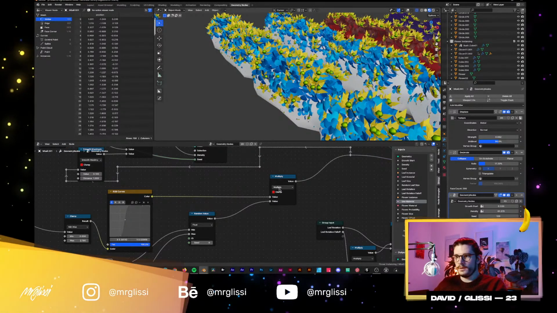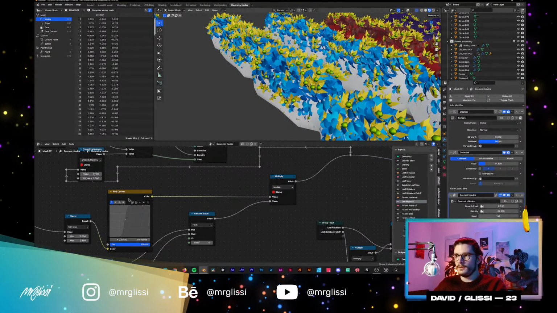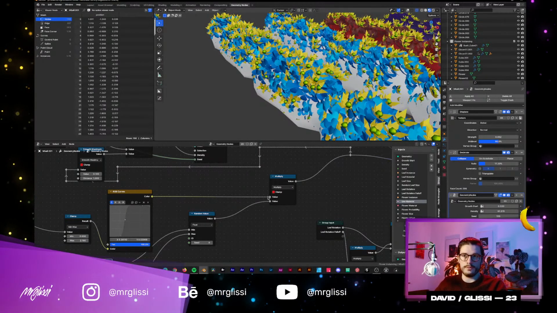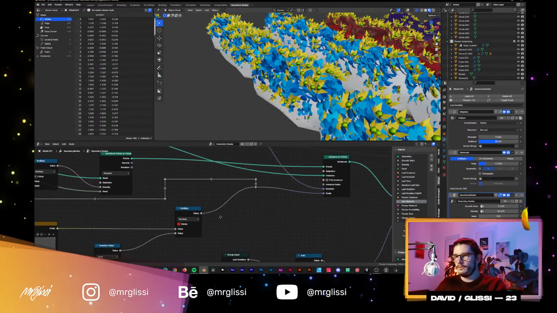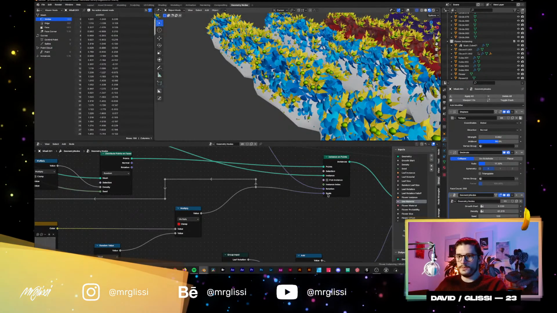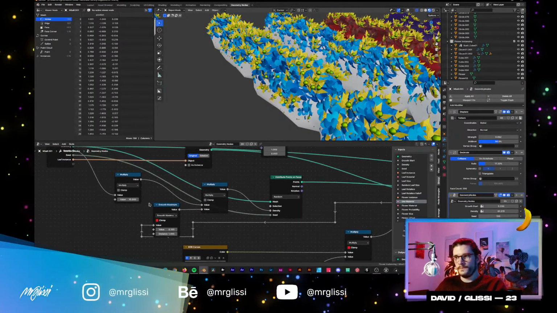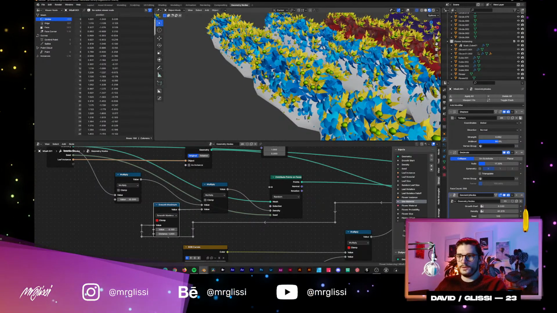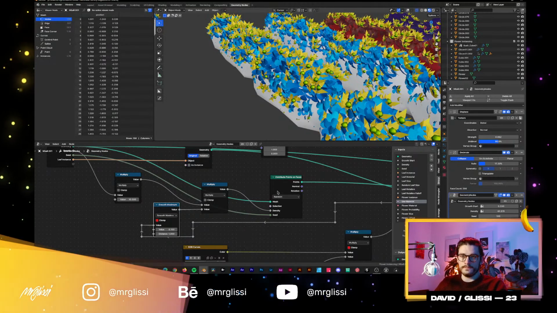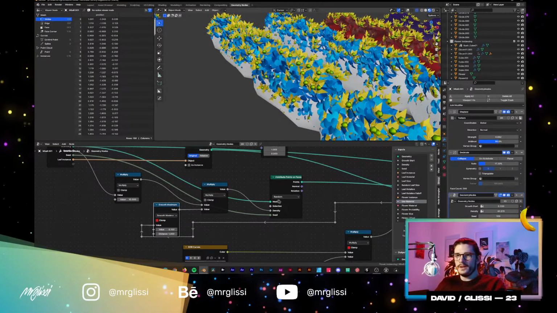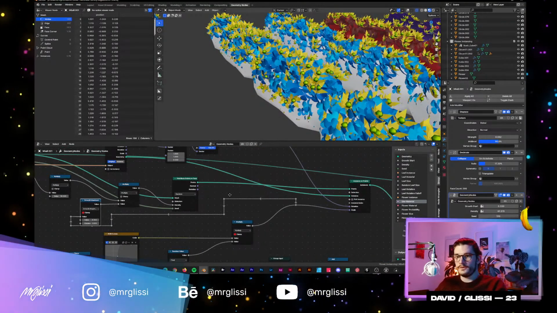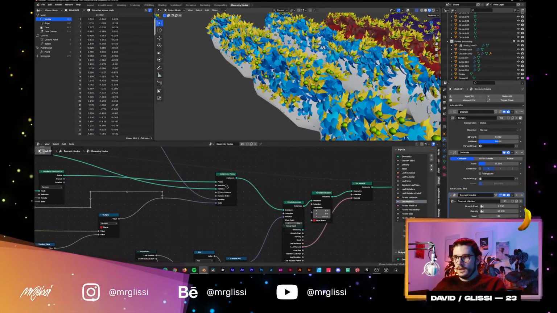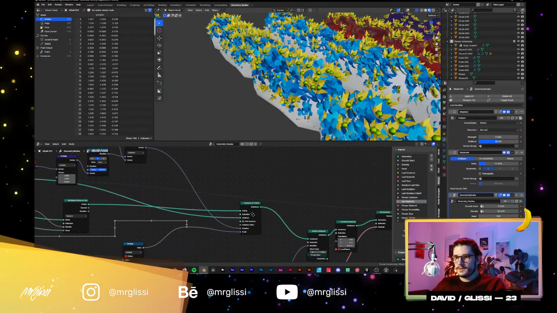So at the end I am multiplying the value from the curves by the random value that I have at the bottom. And then that is just input into the scale, and also, as I said, as a smooth maximum into the distribution or the density. So right now it kind of works, but it's still far from perfect basically. And then I get the instances on the points,